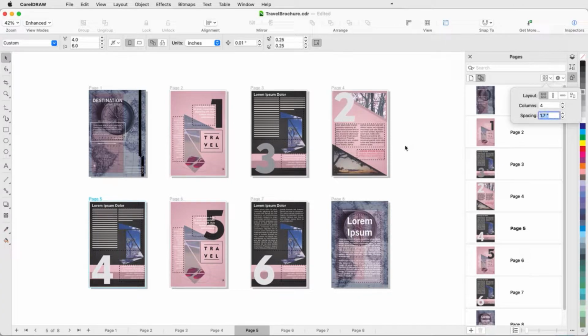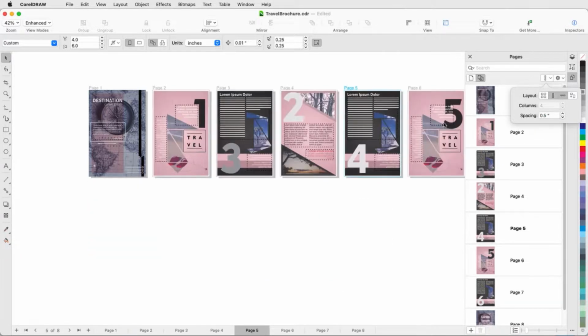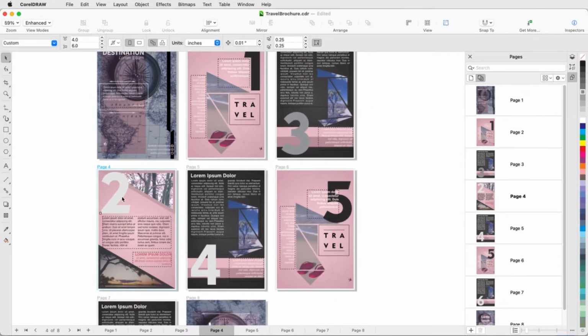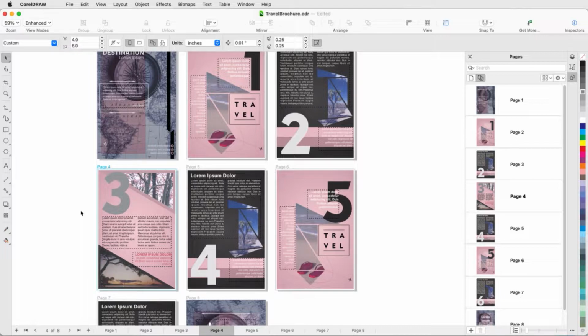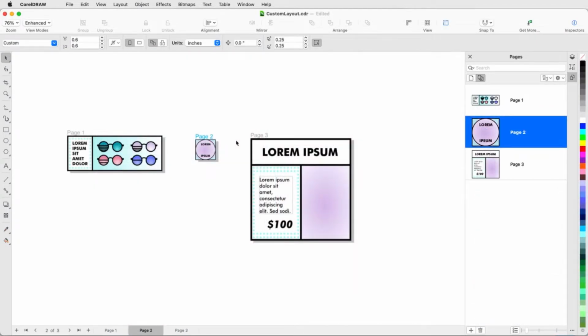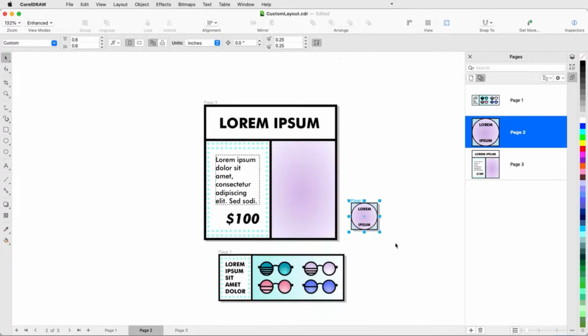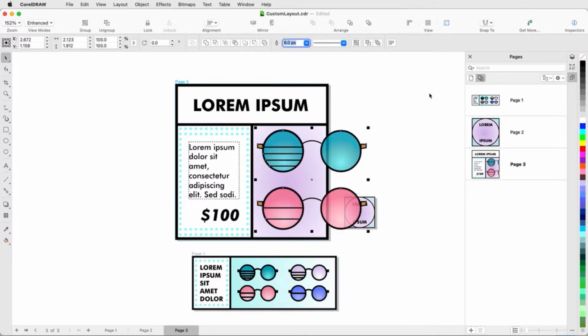The ability to see all pages in a document simultaneously means that you don't have to click page tabs to navigate to another part of your document. You can move objects across pages fluidly, compare designs side by side, and freely move pages around to arrange them as you wish. Multi-Page View is similar to Page Sorter View in CorelDRAW 2020 and earlier versions, but with some notable differences. Page Sorter View is not available in CorelDRAW 2021.